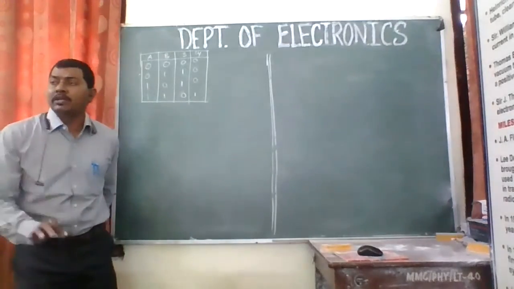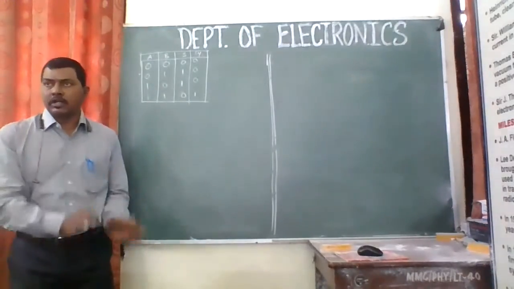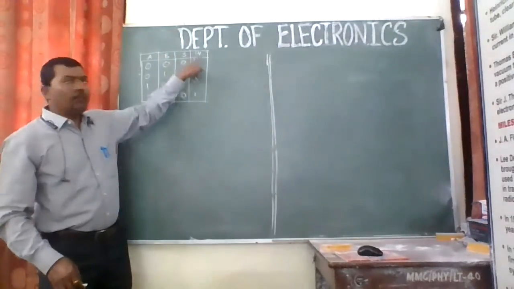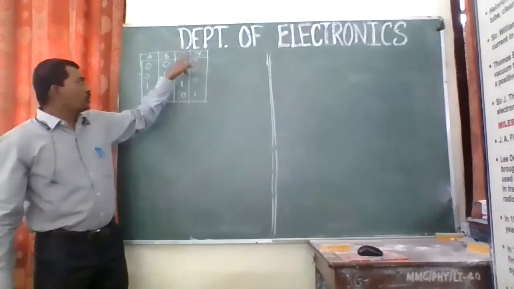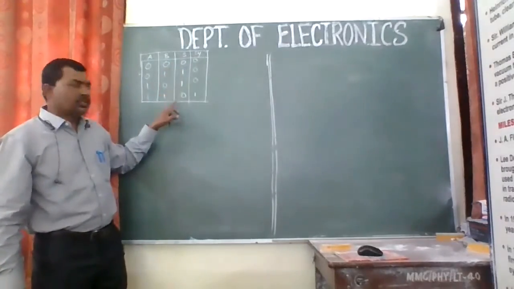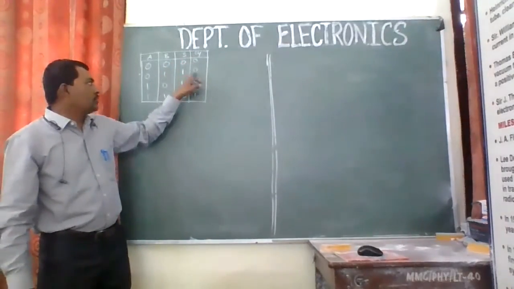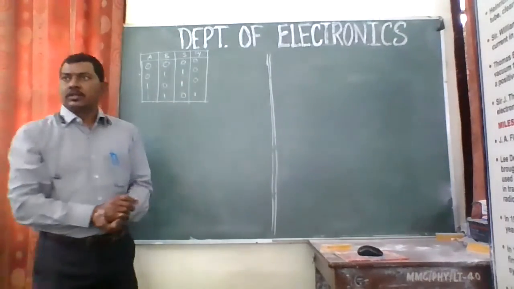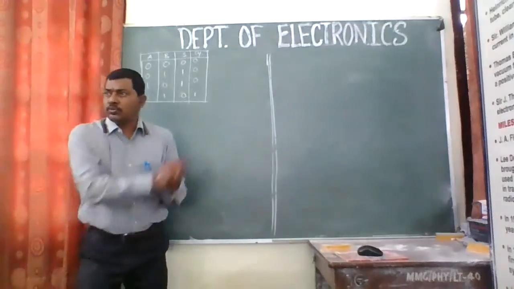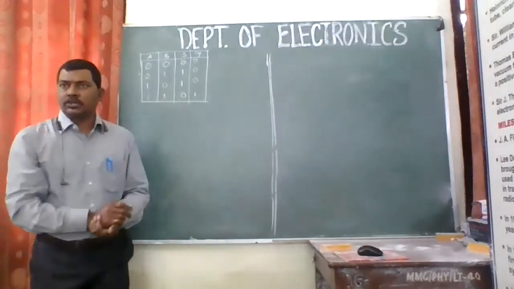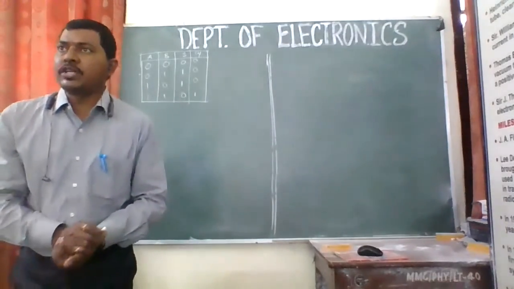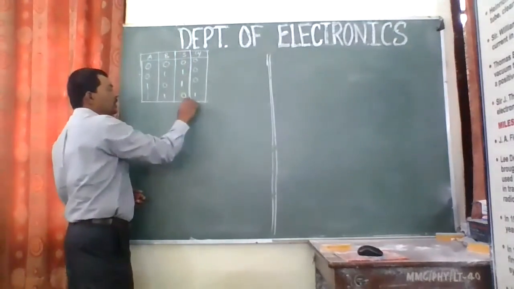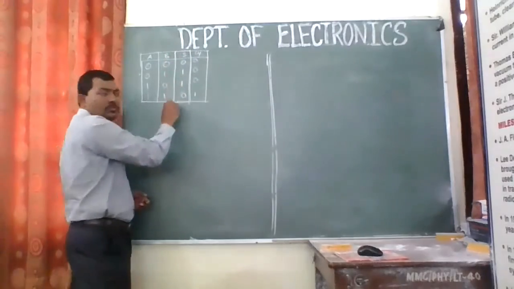0 0, 0 1, 1 0 and 1 1 are the combinations in which we are always giving the inputs, right? And we are having two outputs, the sum and the carry. So sum will have 0 1 1 0, whereas carry will have 0 0 0 1. And if you see these truth tables, do you remember any gate according to the result of sum and according to the result of carry? Which gate, according to this truth table, this is actually the truth table of